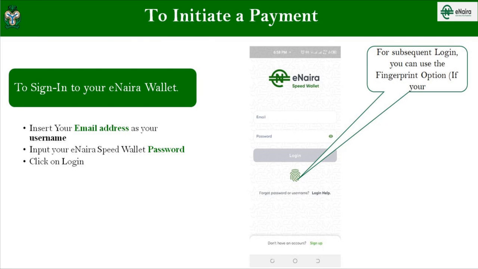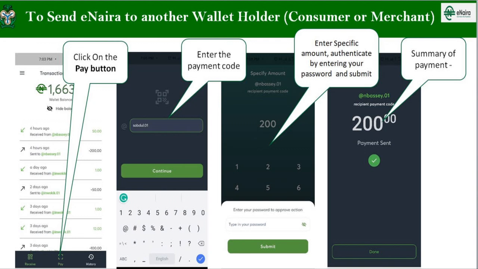On the landing page of the eNAIRA Speed wallet, we have about 3 icons at the bottom. We have the receive button, we have the pay button, and we have the history button. So the first one to your left is the receive button. That's if you're expecting to receive a payment. If you click on the receive button, you would see your wallet ID